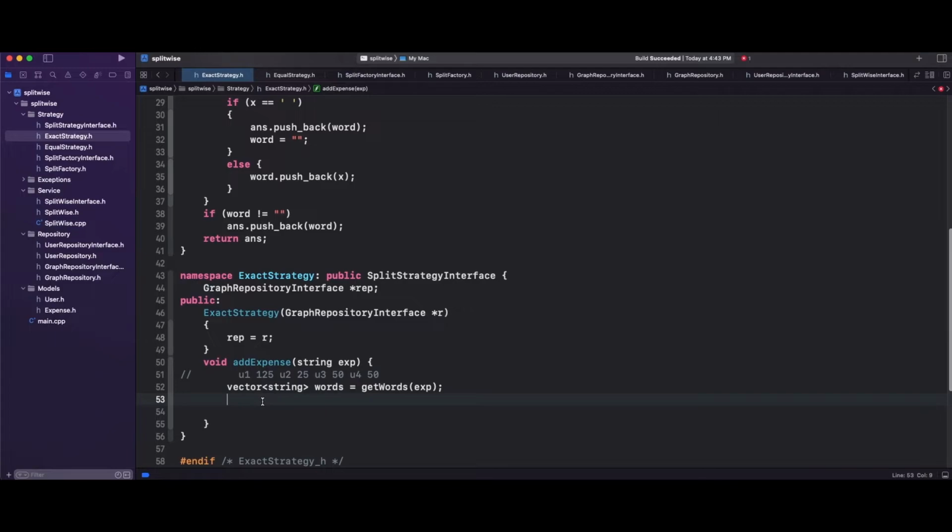Okay, so now I need to create an expense out of it, right guys? So string space, user paid ID is definitely words of 0, then what is the amount involved is get int of words of 1, then